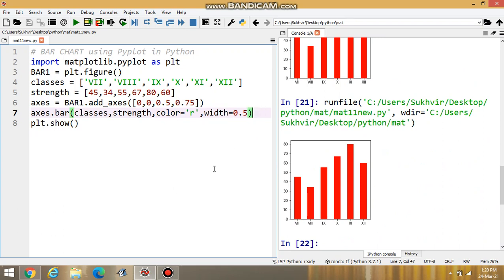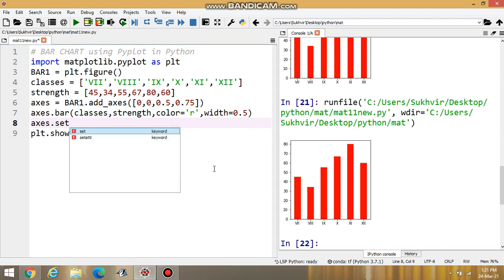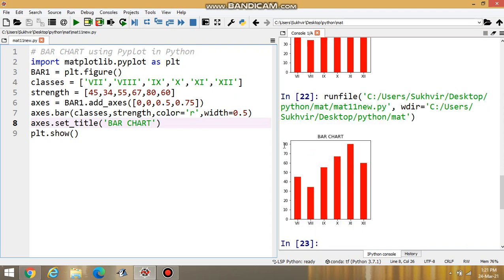And one more thing you can do, you can set titles also. axis.set_title. You can give the title bar chart, then execute. You can see at the top of the bar chart it is written.